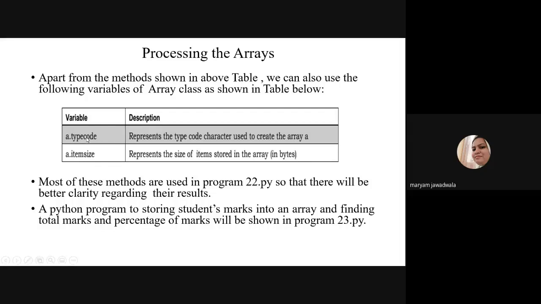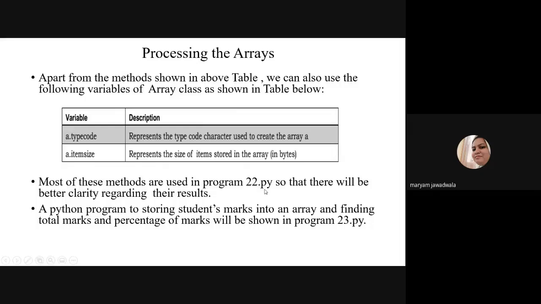Suppose your type code is integer, then it will display in 2 bytes or 4 bytes. Or if it's decimal, then it will display 4 bytes or 8 bytes. Accordingly, the system will display. So these are the ready-made variables present in the array module. You can use them in your program, right? So most of these methods are used in the program